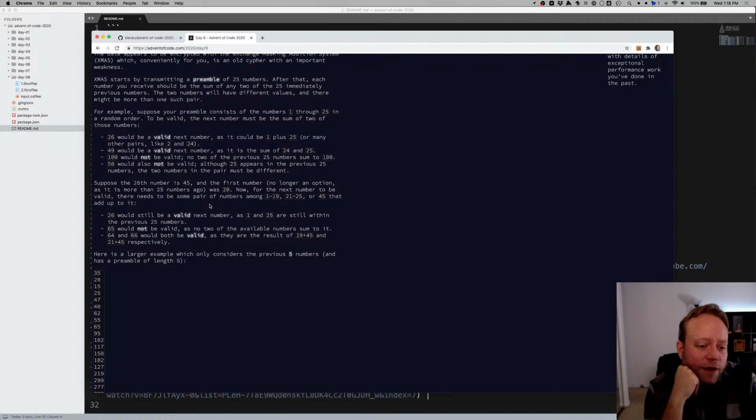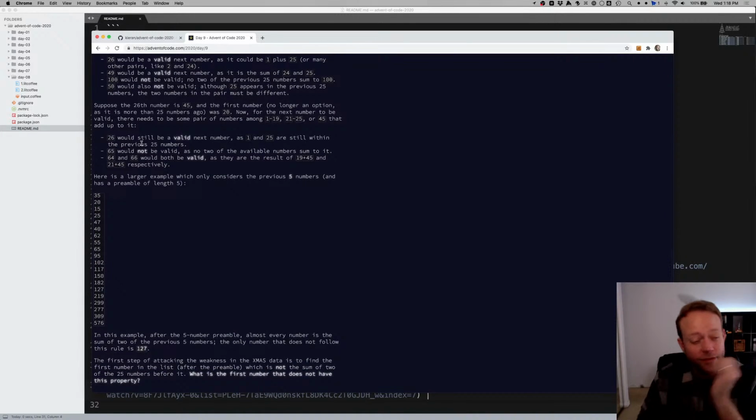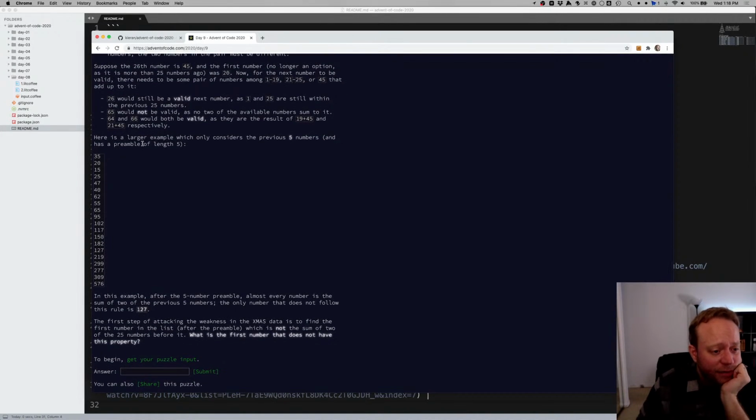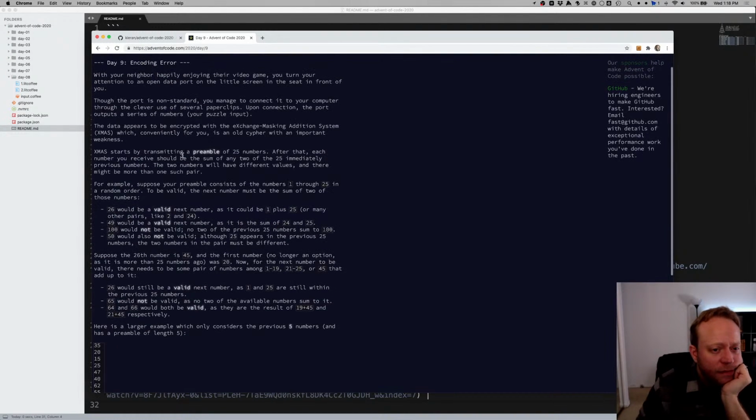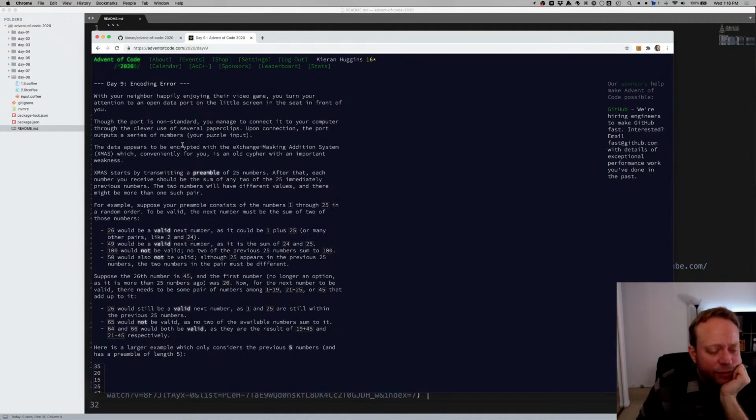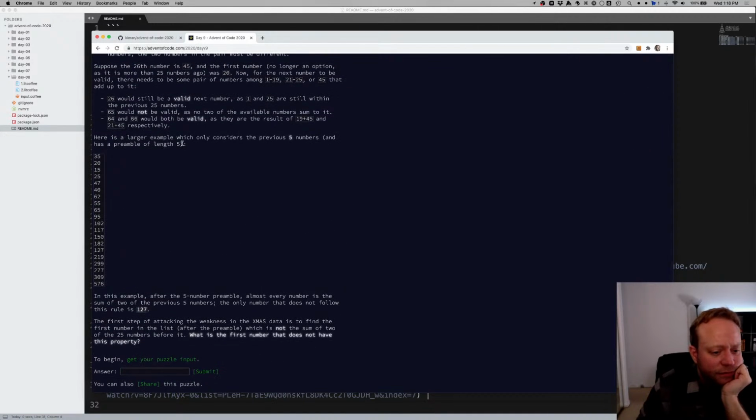65 would not be valid, as no two of the available numbers sum to it. Okay, this is just a lot of ways of describing that the first 25 numbers must have a pair that adds up to the next number. So that's interesting. It is a preamble. So the 5-number preamble. Okay, so they're line separated. That's good. After the 5-number preamble, almost every number is the sum of two of the previous 5 numbers. The only number that does not follow this rule is